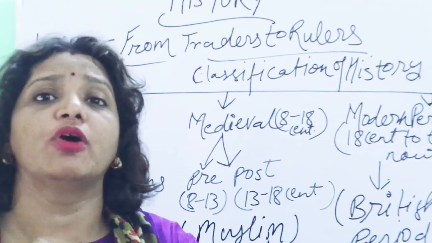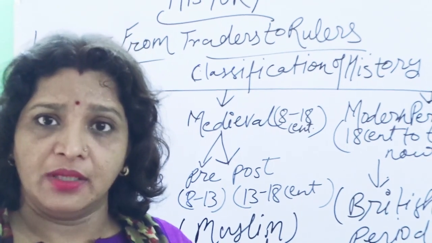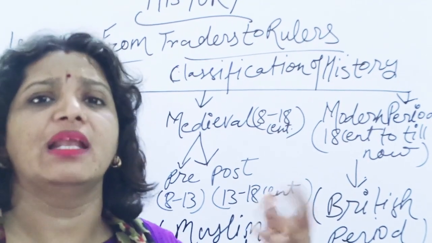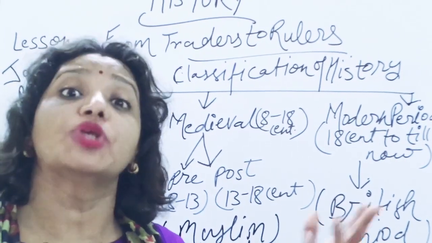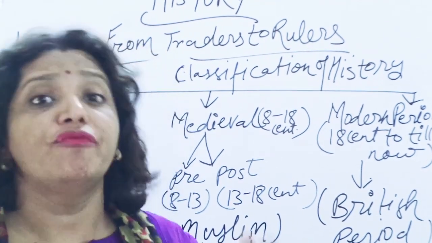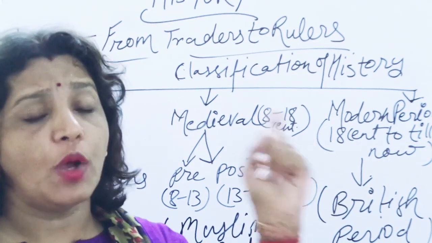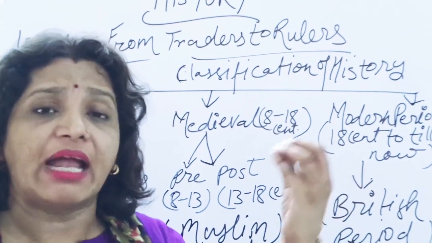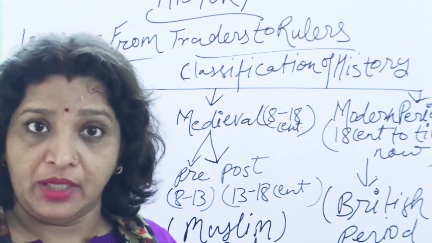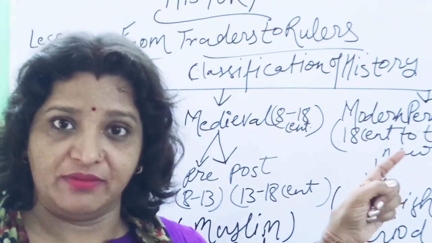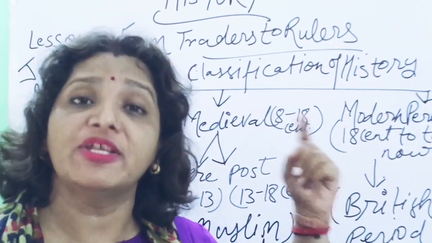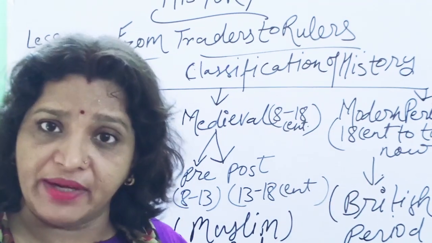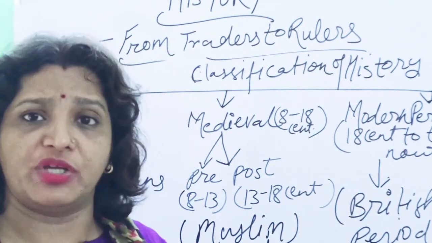The same happens with your civics, the political science. Suppose we are taking chapters in our 9th, 10th, 11th and 12th class: democracy, constitution, features of democracy, features of constitution. We have to know the basic root of our democracy, from where that word originated. So we have to read about the French Revolution, its causes, all the events, and the impacts of the French Revolution.